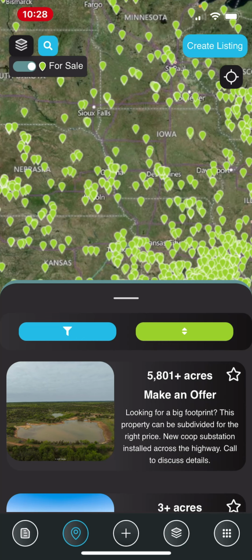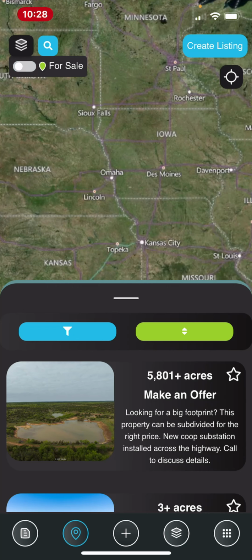Today, I'll be showing you how you can view different types of contamination information in the data layer and in property report, all within LandApp. So the first thing I will do once I've opened up the app is turn off the for sale listing